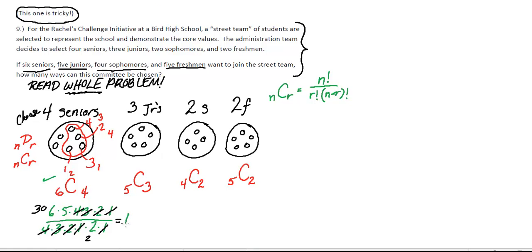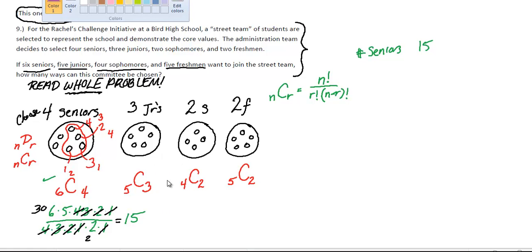Alright, so I know that that is going to end up being 15. So the number of seniors is 15. And now, I'm going to go ahead and figure out the number of